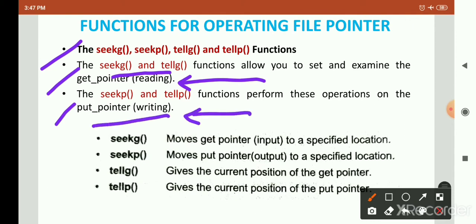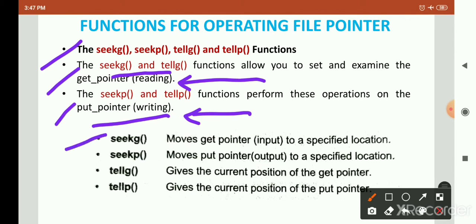So if you want to write something, then you have to use seekp and tellp functions to perform write operations on the file.